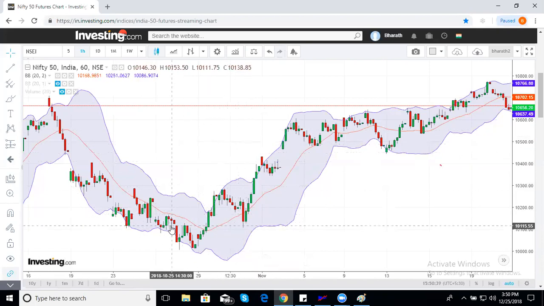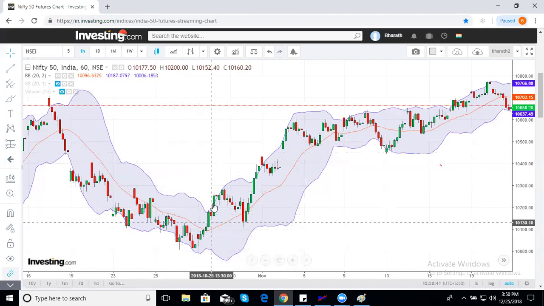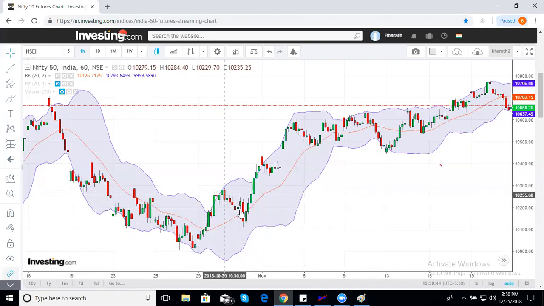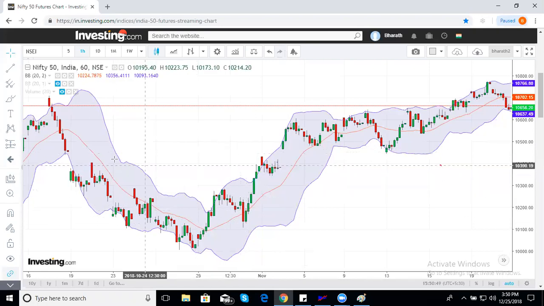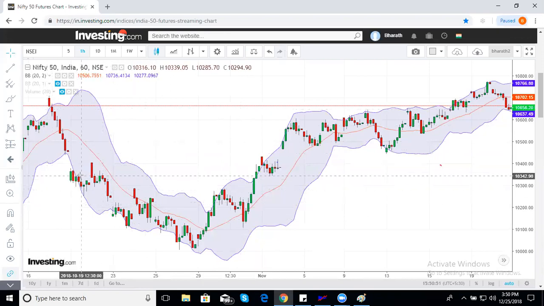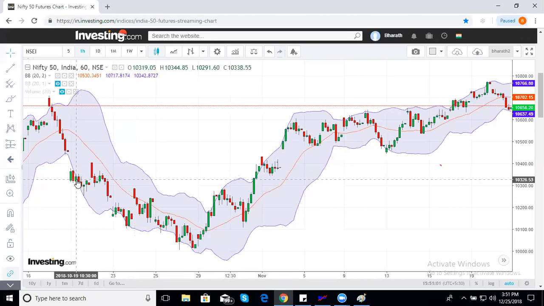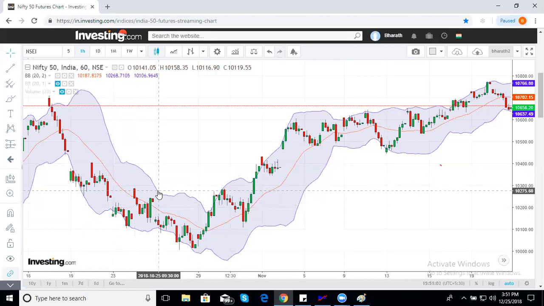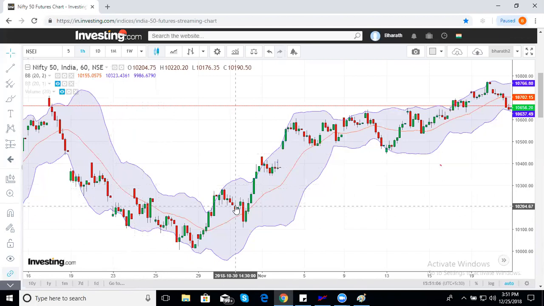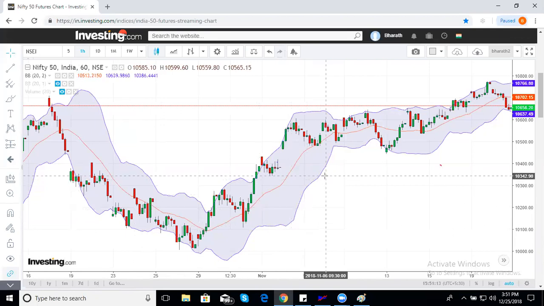Your anticipation should be this: outside inside, which is a W bottom, goes out, closes outside the band, comes back, takes support at the middle band and goes out. Very simple thing. In a bear market, you will see price always tagging the lower band. It will not tag the upper band. See this, in this bearish market, you will see price outside the lower band, but it is nowhere close to the upper band. In the same way, in a bull market, you will see prices nearer to the upper band, nowhere close to the lower band. This is what it is.